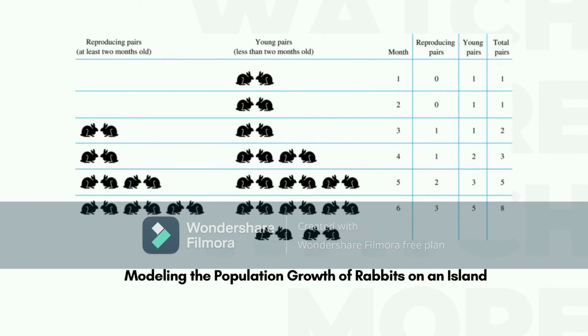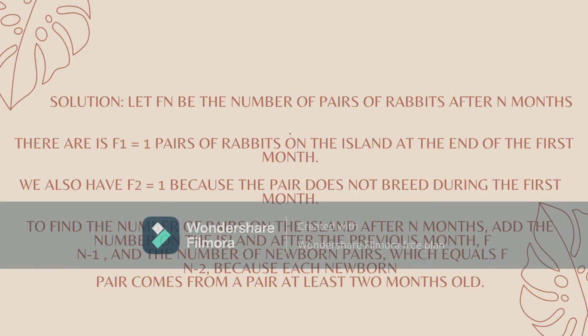So the solution for the question is, first of all, we let fn be the number of pairs of rabbits after n months. f1 is equal to 1 pair of rabbits on the island at the end of the 1st month, and we also have f2 equal to 1 because the pair does not breed during the 1st month, like what I just said just now. So to find the number of pairs on the island after n months, we have to add the number of the